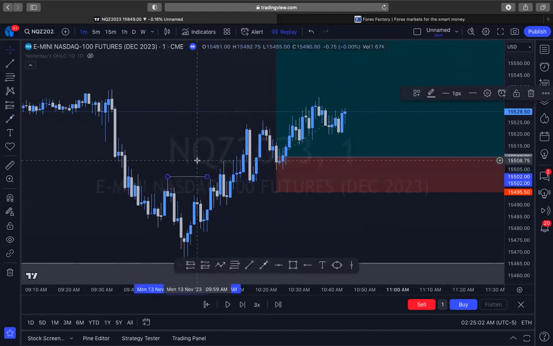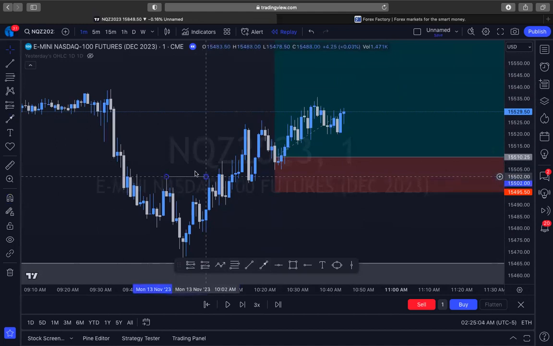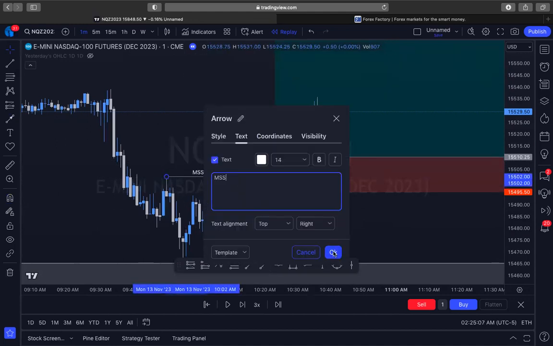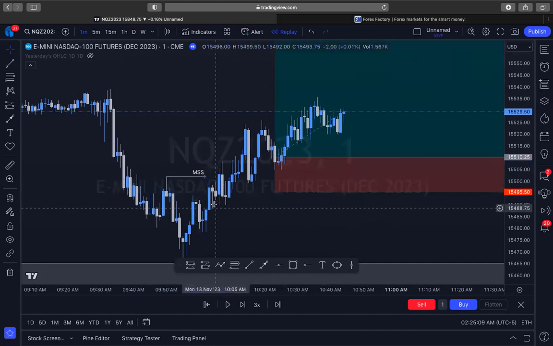Right here, this is another market structure shift where we could have seen and got some sort of confirmation or felt some form of comfort, saying, okay, now that we've tapped into and taken liquidity down here, and we see the market changing in structure, going higher. Originally on the higher time frame, we saw that we were bullish, so we know that going into a smaller time frame, that's going to be our stronger direction.